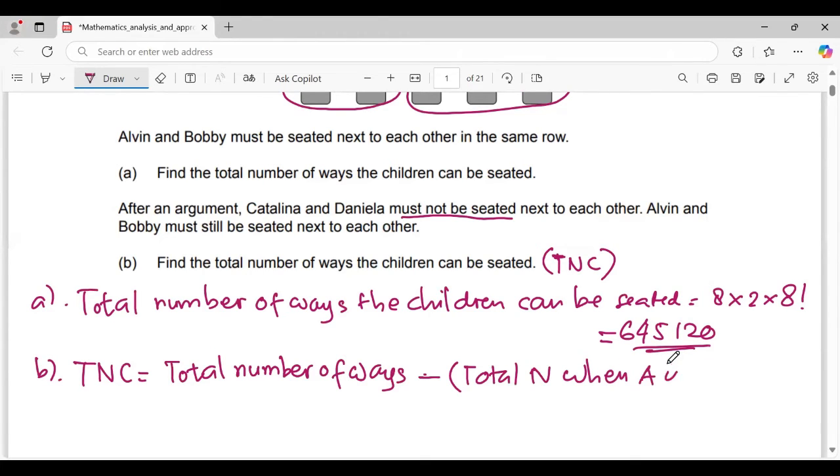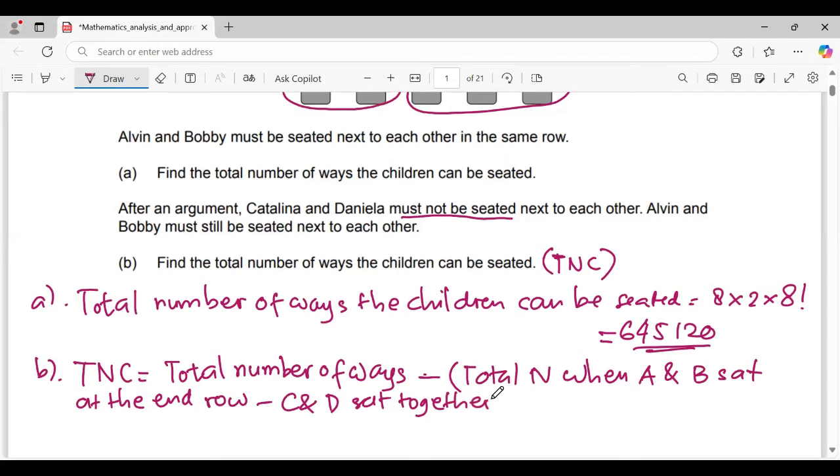the total number when Alvin and Bobby sat at the end of the row, and Catalina and Daniela sat together. Okay, plus